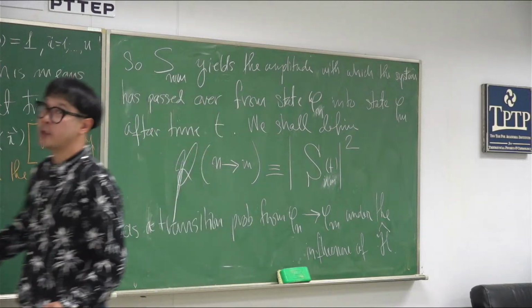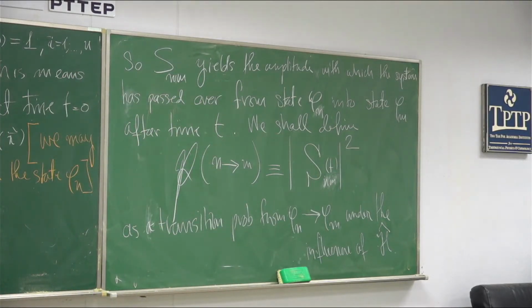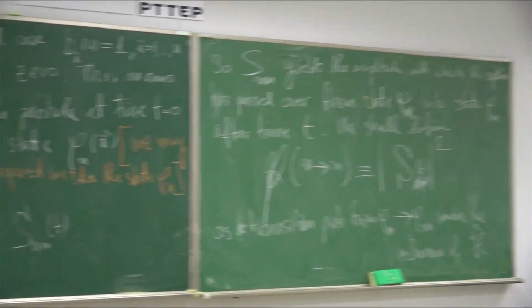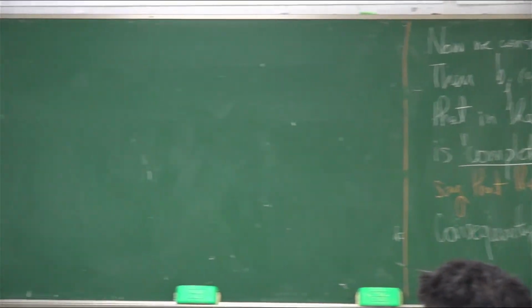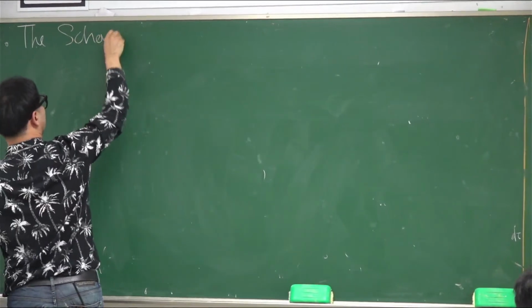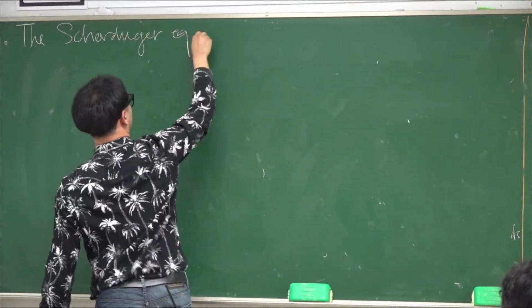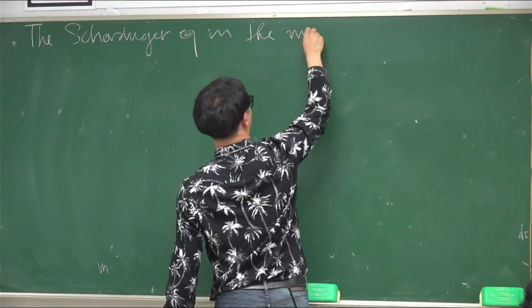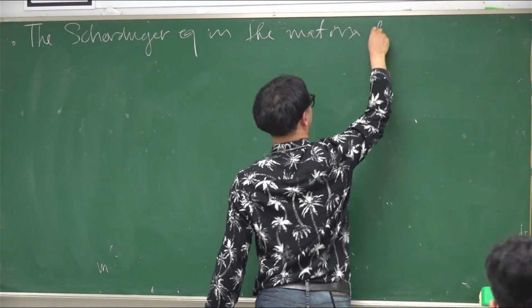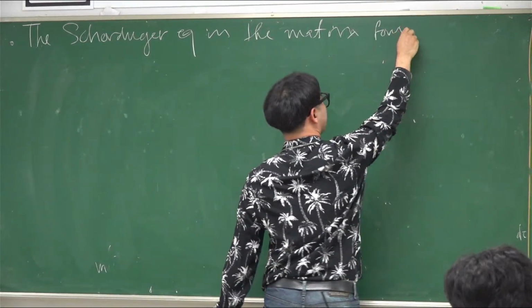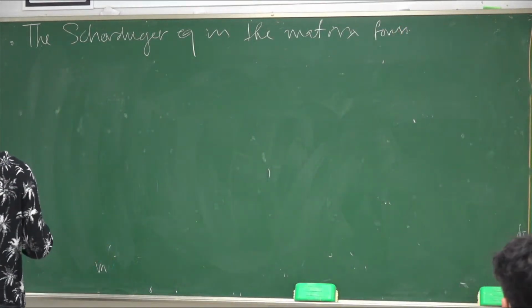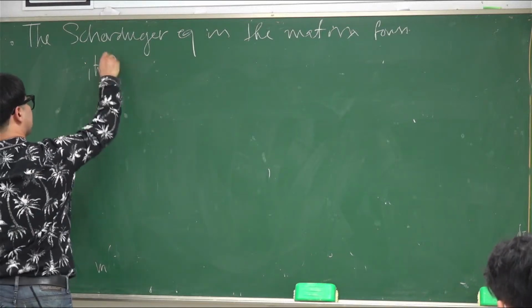Okay, let's continue. So now we're going to look at the Schrödinger equation in a matrix form. Okay, so we start with